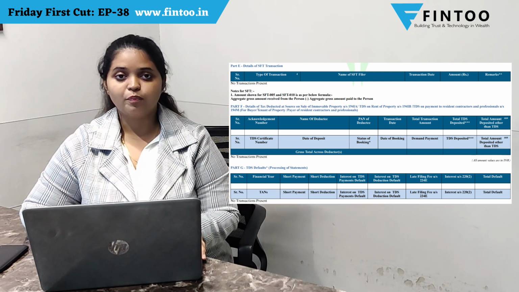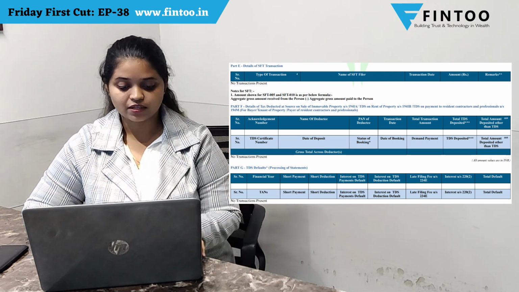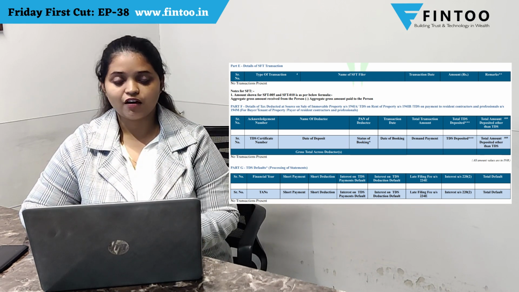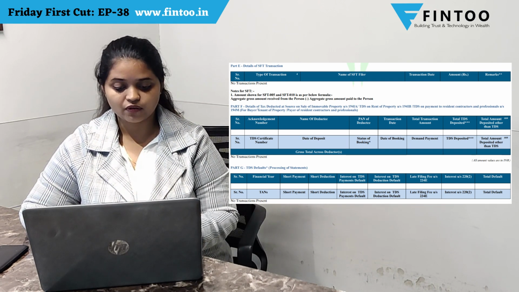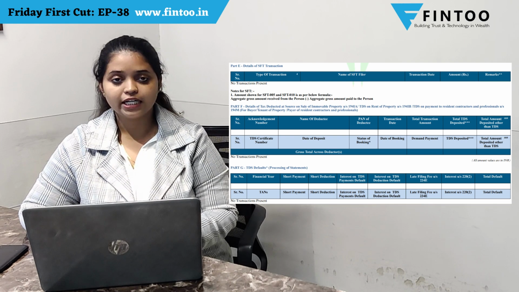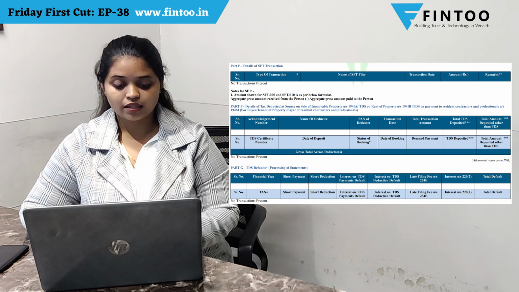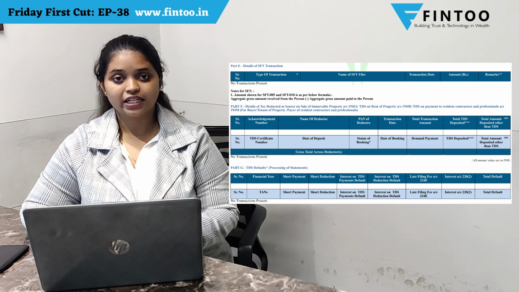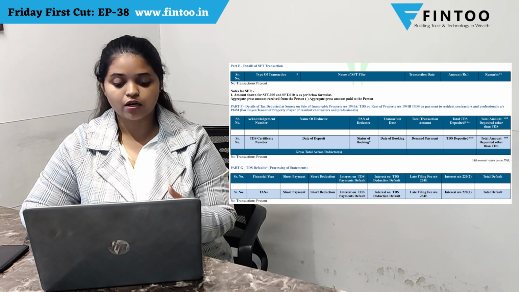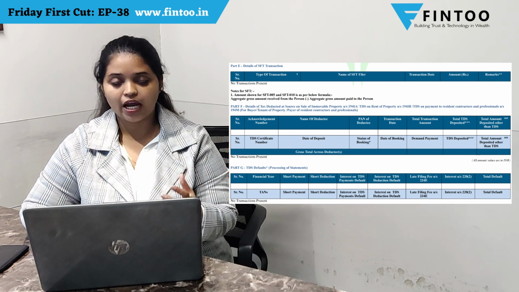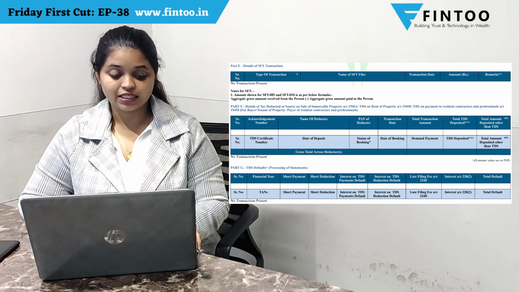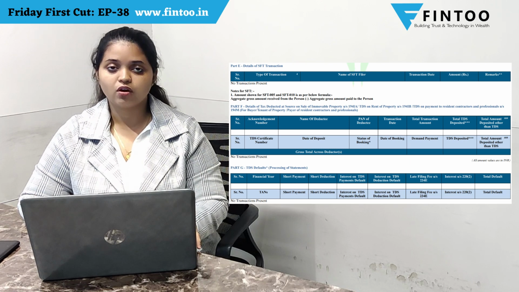Let's discuss part F, that is details of tax deducted at source on sale of immovable property under section 194IA, TDS on rent of property under section 194IB, that refers to buyer, tenant of property or payer of residential, contractor and professional. Now let's move on to part G, that is TDS defaults, processing of statements.